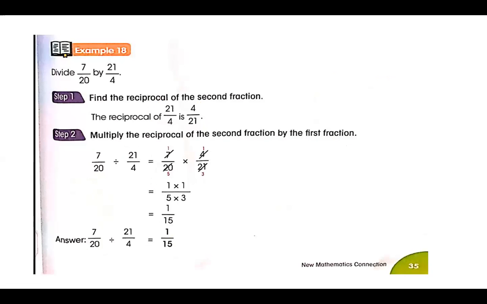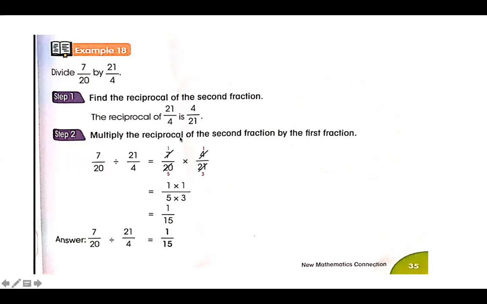Okay, let's have another example. Divide 7 over 20 by 21 over 4. So you find the reciprocal of the second fraction. Our second fraction is 21 over 4. It becomes 4 over 21. Now multiply the reciprocal of the second fraction by the first fraction. So 7 over 20 divided by 21 over 4 is equal to 7 over 20 times 4